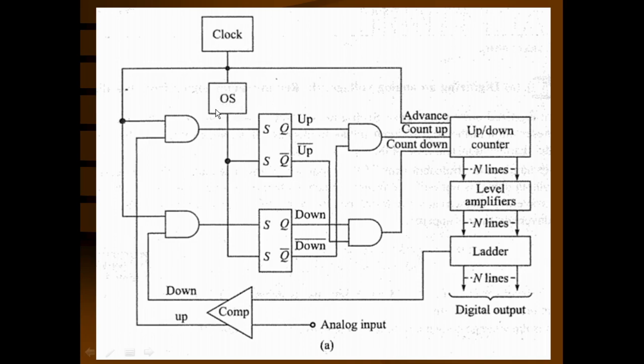So what happens after one clock pulse? When the one shot is triggered, it will produce one positive pulse, and that one positive pulse is going to be available to the R input of the up flip flop as well as the R input of the down flip flop. Remember this 2S which is written here, it is a printing mistake. Here also it should be our reset input, and this is also going to be a reset input. So the reset input is going to be high. These flip flops are going to be resetting. So both the flip flops are going to be resetting. That means the count up as well as count down lines are going to be low.